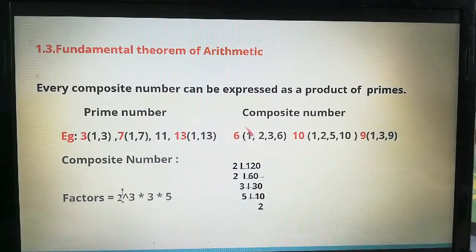But a composite number is not like that. If you take any number like 6 or 10, and find the factors for this number, apart from 1 and the number itself, it also includes some other values. For 6, 2 and 3 are also factors. So you can write 6 in terms of 2 3s are 6, 3 2s are 6, 1 6 is 6. So if a number has only two factors, 1 and the number itself, that is a prime number.